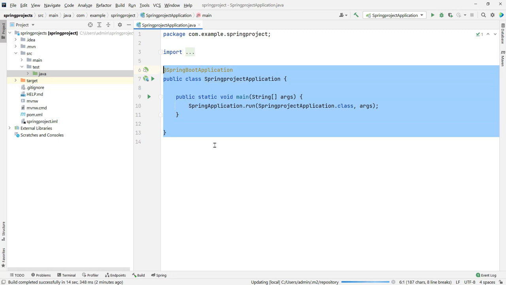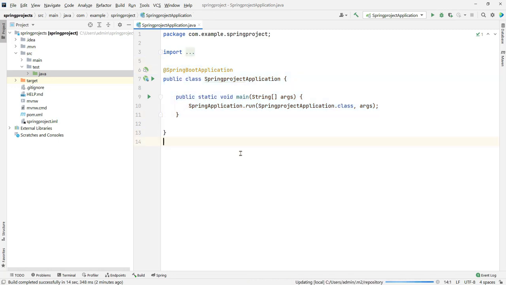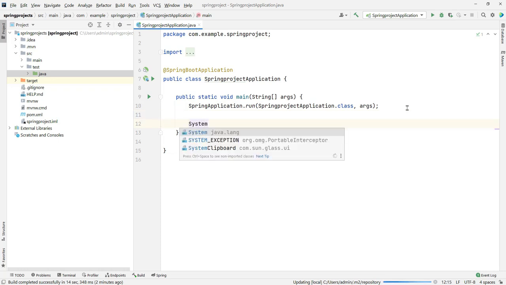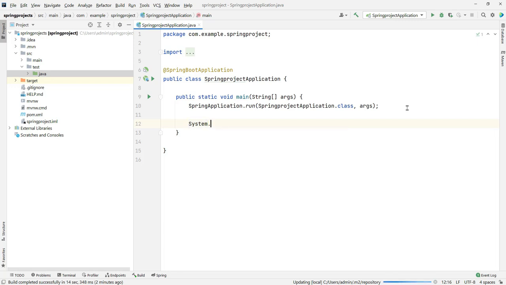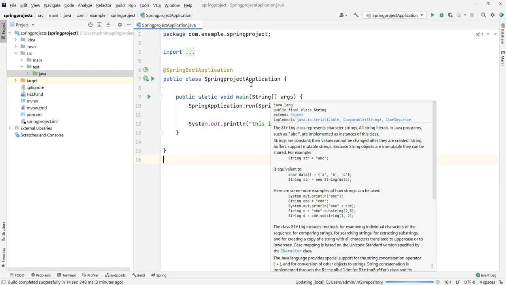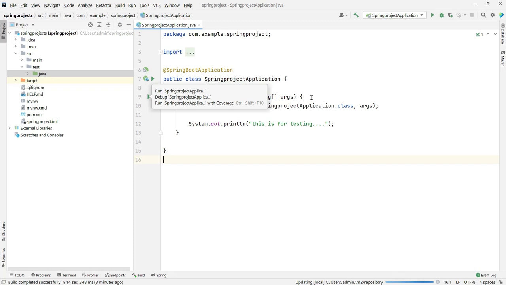Whenever you run this program or start running this application, by default your Tomcat server will be running. This is embedded into your Spring Boot project. So now let us just run this. To run it, we have this option, run Spring Boot application. Once you run it, it will start execution, and we will see how it works. Okay, now it has started successfully, and if I scroll down, you can still see the message here. That means your project is successfully configured.